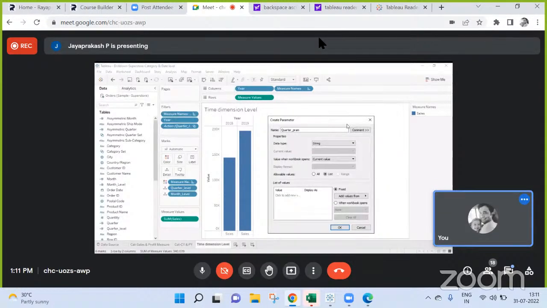And once he is at a quarter level, if he clicks on any quarter, it should take him down to month level for that quarter. So for both years, 2019 and as well 2019. Yeah, but